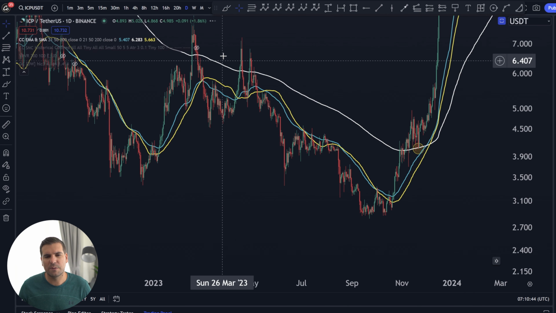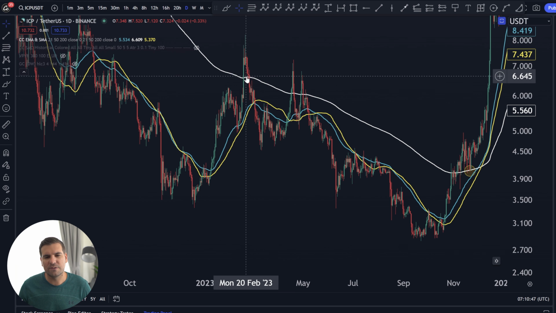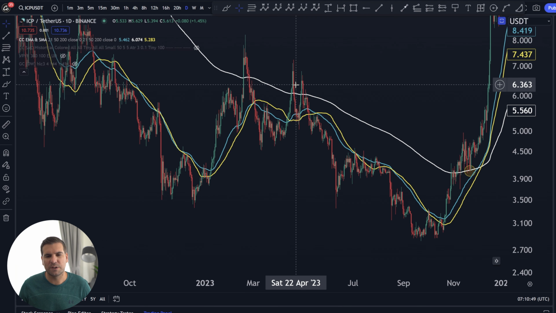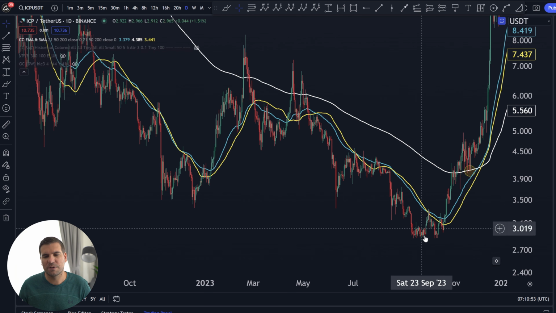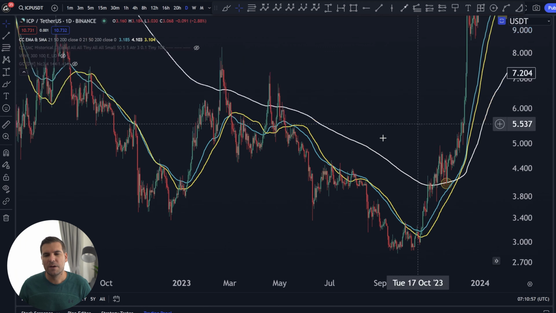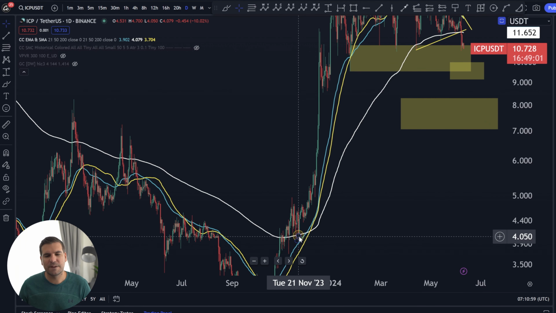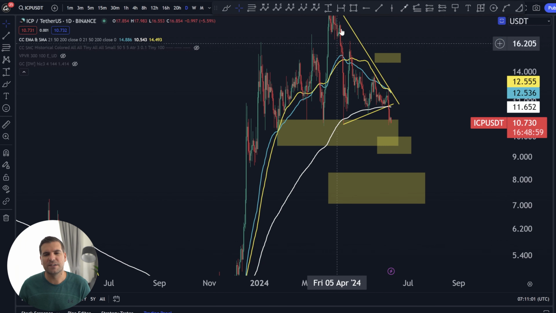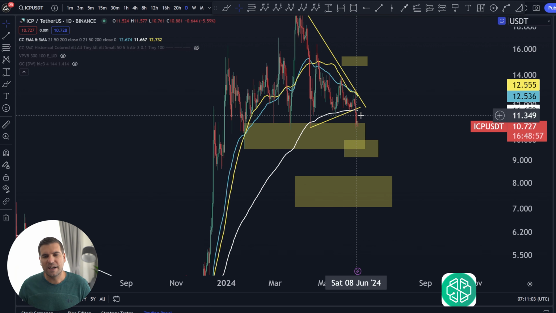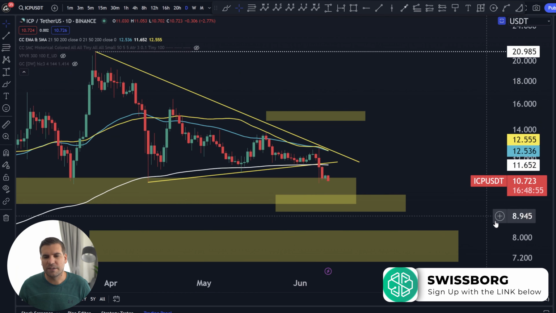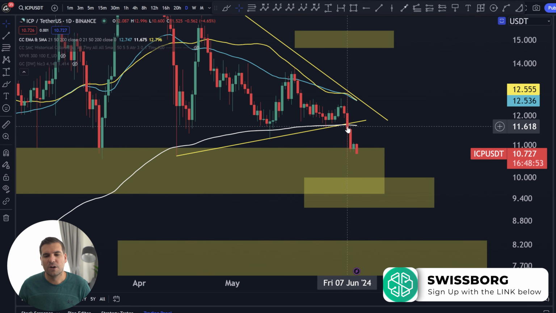So you can see here that when we started to really lose the 200 EMA back in February of 2023, April of 2023, May of 2023, it led us down into the $2.80 range, right? We then obviously broke up, retested, found support on that 200 EMA and went up into this great run to the upside. Now we've closed back lower than our 200 EMA here on the 7th of June,